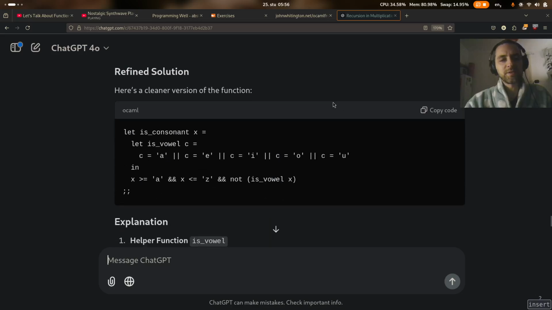Yeah, here's a cleaner version. Let is consonant x equals... okay, well, let is vowel... oh, this is nice. But these are some symbols actually that we didn't use. Let is consonant x equals let is vowel c equals, so c, a, e, i, o, u, in x